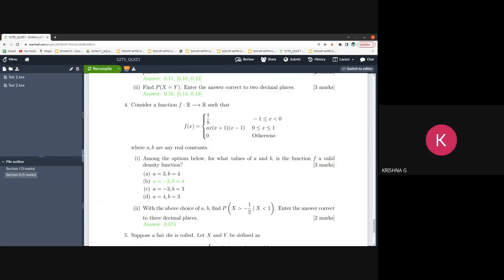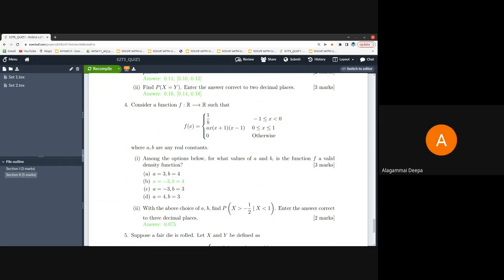Actually, even I struggled, sir. Sir, is it a x cube minus a x? If we integrate, first I will multiply that, a x square, a x cube. This will be x cube minus x, right? A x cube minus x, yes, sir. Do we need to integrate 1 by b, sir? Because it is in the range of -1 to 0, and in a PDF we shouldn't concentrate on -1. It should start from 0 to 1, so I just left that part. But anyway, the answer was wrong, sir. Because of that hint, I don't know. But when I practiced, I used a hint. Who said we shouldn't concentrate on -1 to 0?